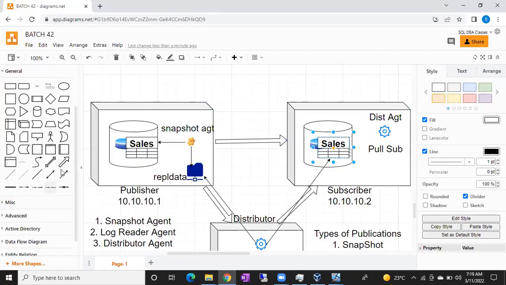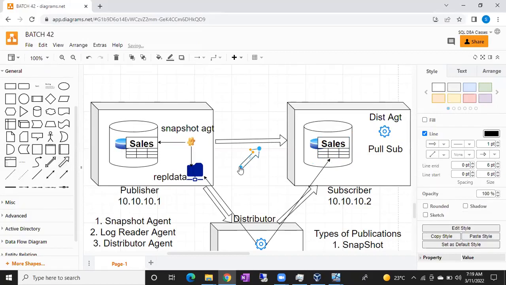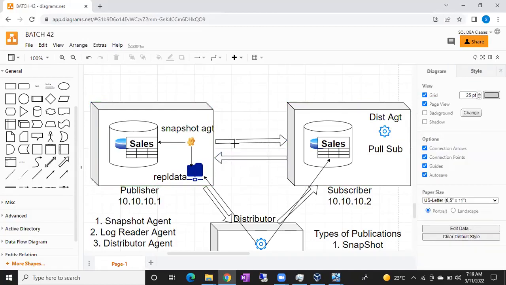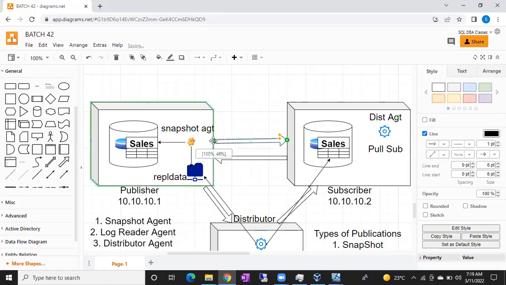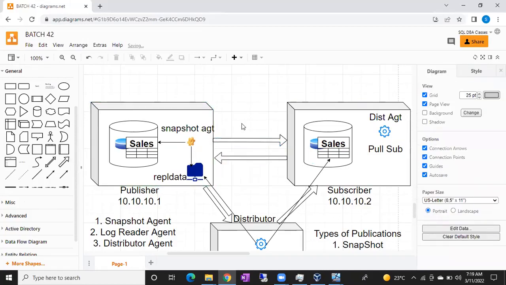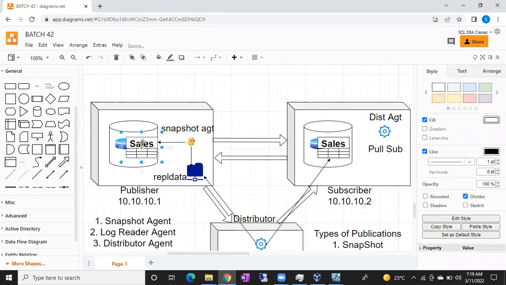Your merge replication and peer-to-peer replication are bidirectional, guys. What is meant by bidirectional? The flow can be done from both sides. If you make any changes on the sales table, the publisher table, it will be replicated on the subscriber table. If you make any changes on the subscriber table, it will be replicated on the publisher table. You can make changes from both ends, and the changes will be applied on both ends.